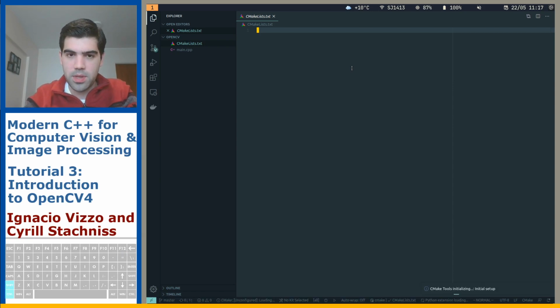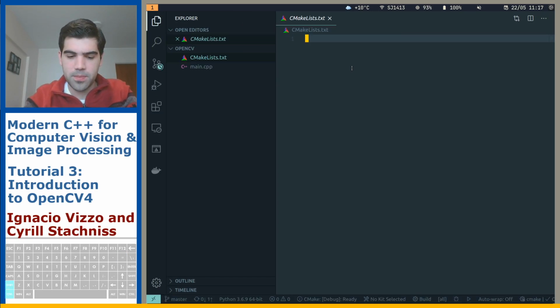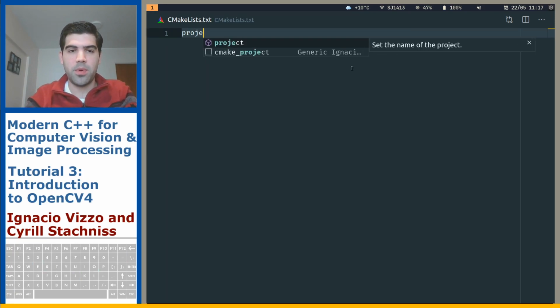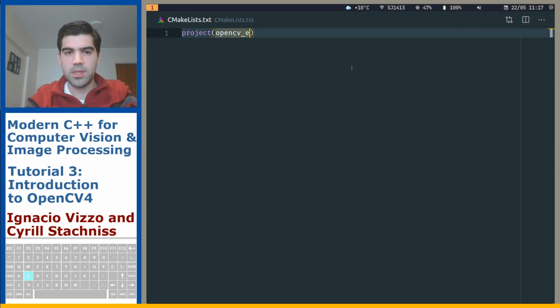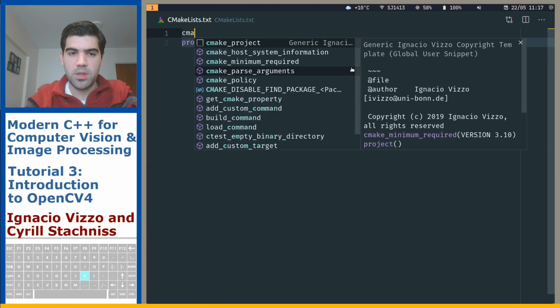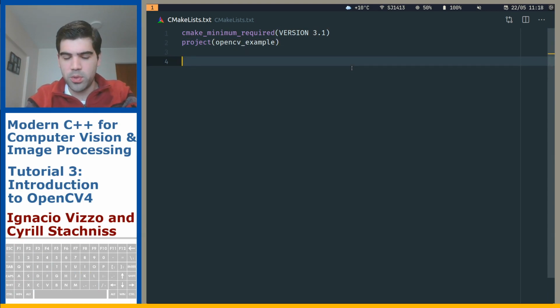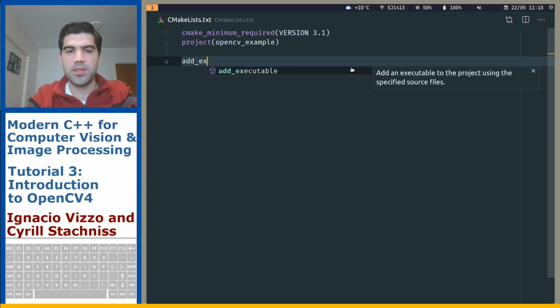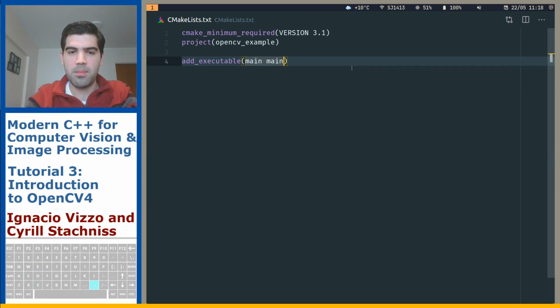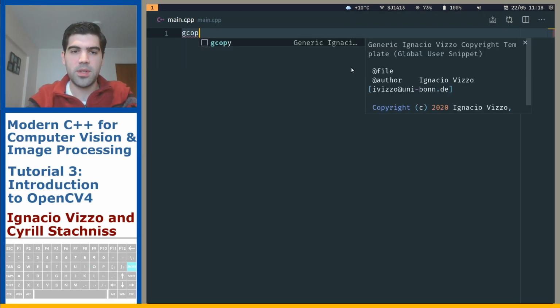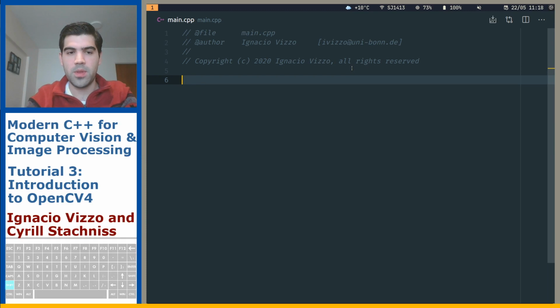So let's make this bigger. Okay, project OpenCV example, and then the CMake minimum required version is version 3.1, let's say. And for now, let's do a hello world example. So add executable main, then main.cpp. And then here, let's include